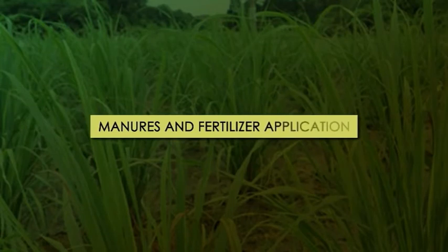Now let's come to the manures and fertilizer applications. Citronella, being a leafy crop, removes a large amount of nutrients from the soil. Therefore, it is general practice to supply sufficient organic manures and fertilizers. The fertilizer requirement depends on the fertility of the soil and the climatic conditions. Before plantation, FYM or compost at the rate of 15 to 20 tons per hectare is to be applied to